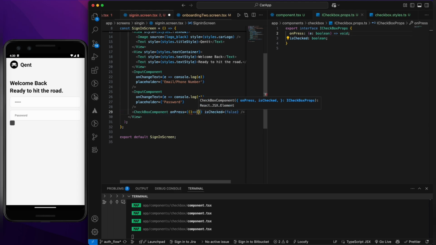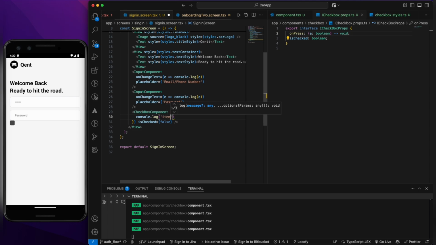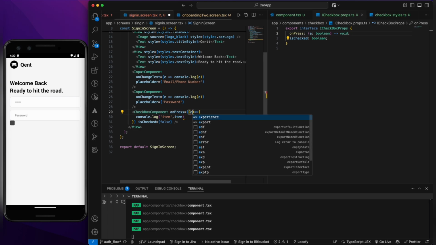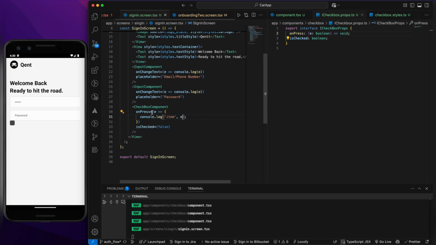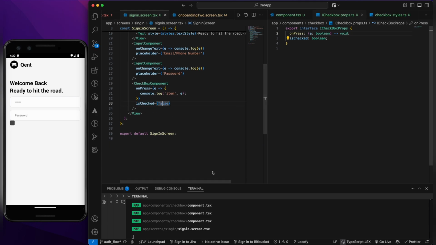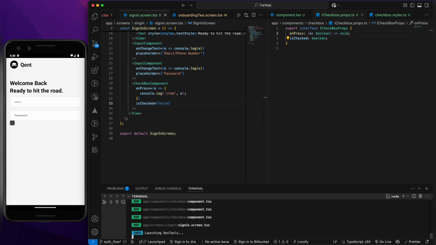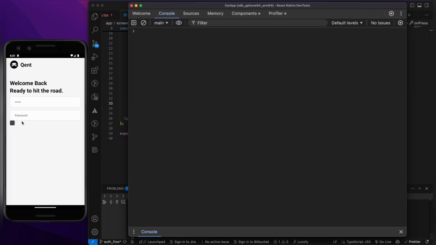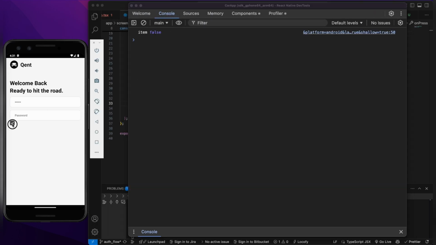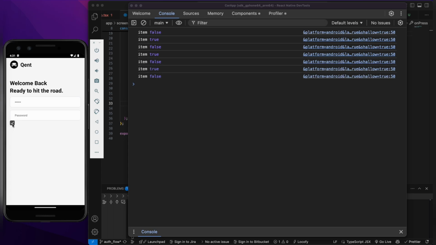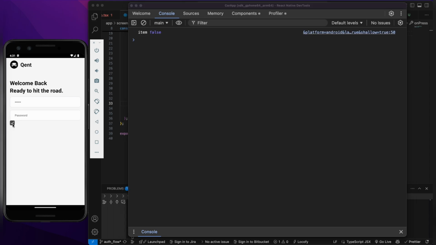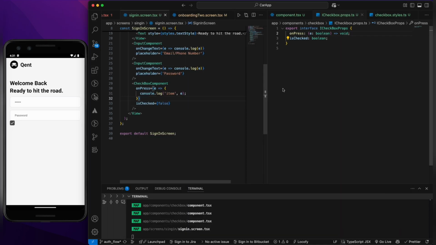If I do console.log item, or let's call it event. Okay, so isChecked is false, I have passed it. So you should see it in my DevTools. You can see if I check, item false, true, false, true, false, true, false, true. But if you can see, if I check, it's showing me false. See, false. Now the reason being,